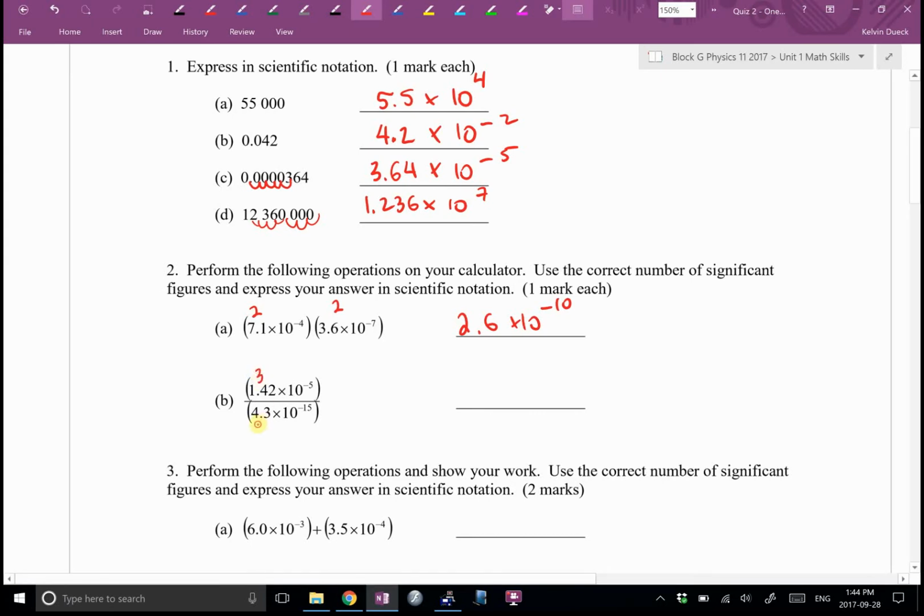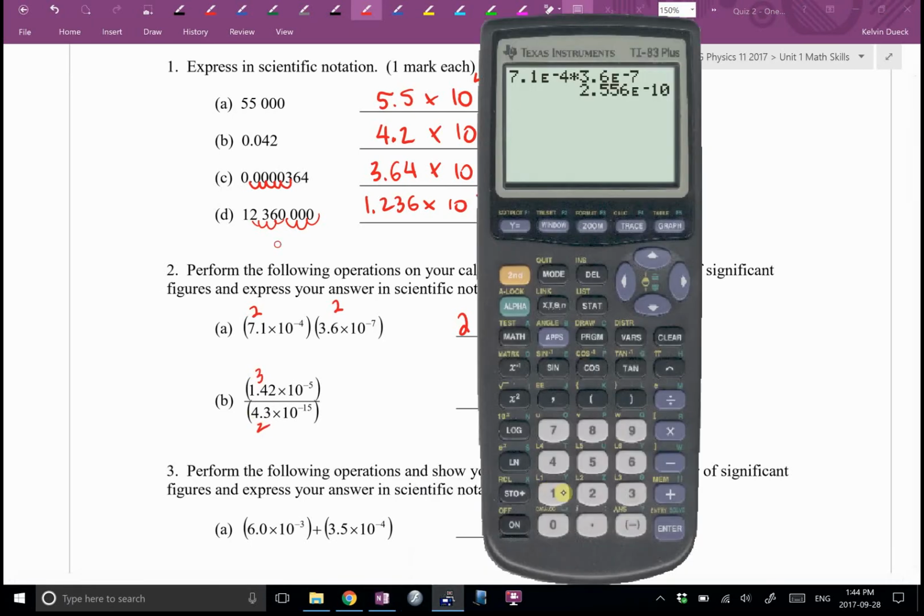The 3 sig figs, 2 sig figs. I'm going to go to 2 sig figs. 1.42 scientific notation button, negative 5 divided by 4.3 scientific notation button, negative 50. Scientific notation button, negative 15. If you type it this way, you don't need to put the bottom in brackets. If, despite my warnings, you're still typing times 10 to the power of, and you're not using your scientific notation button, you'll have to put the bottom in brackets and you'll do way more typing. Do it my way. I get 3.3 to 2 sig figs